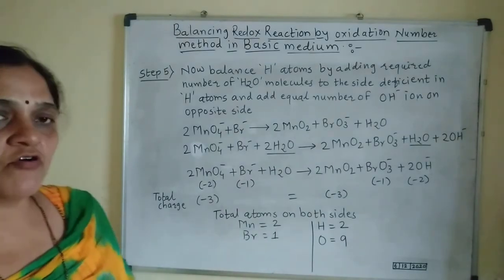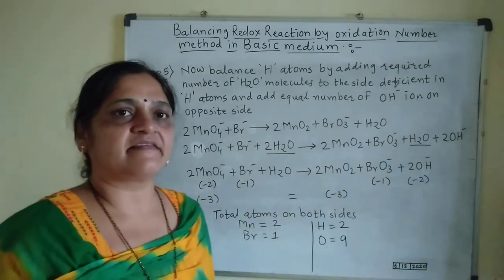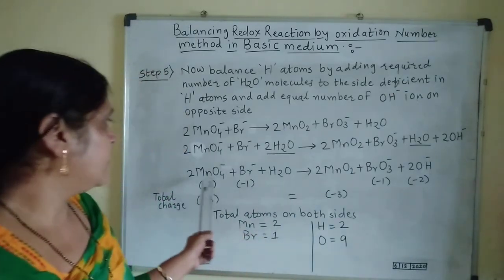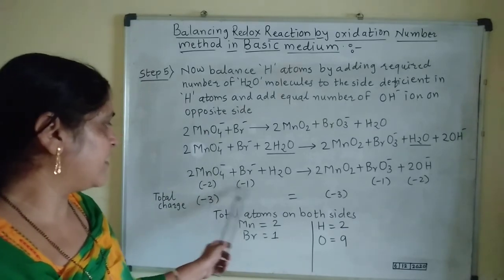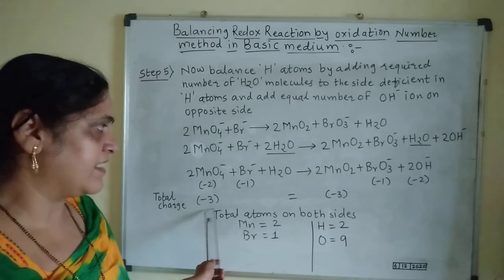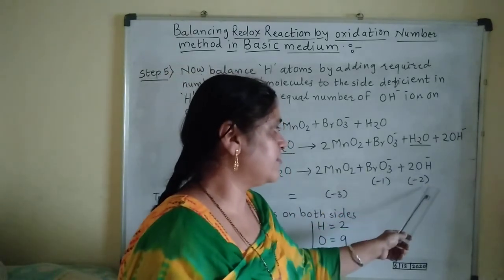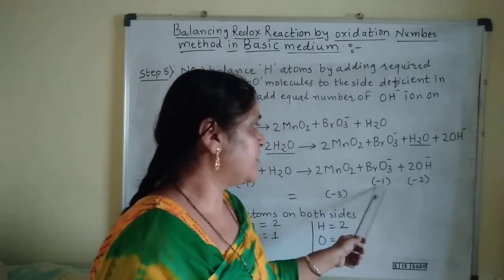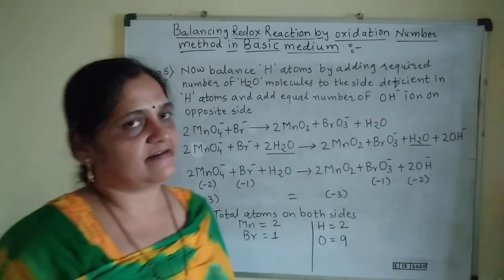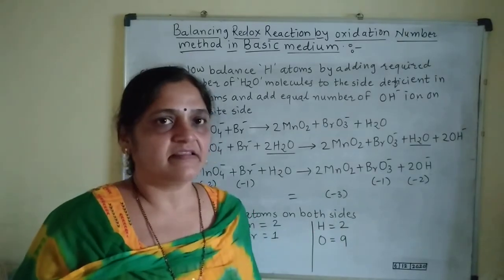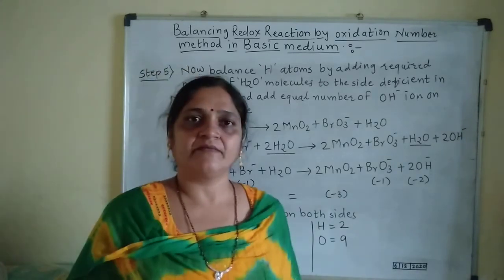Now we have to check the charge, because this is an ionic equation and we have to balance charges on both sides. So let us see. Here 2 into 1, that is minus 2 charge, and this is minus 1, so minus 1 plus minus 2 is equal to minus 3. Here minus 1 and this 2 into minus 1, that is equal to minus 2. So minus 2 plus this minus 1 is equal to minus 3. So on both sides, left hand side and right hand side, the charge on the equation is the same, minus 3, minus 3. So the charge is also balanced and atoms are also balanced.